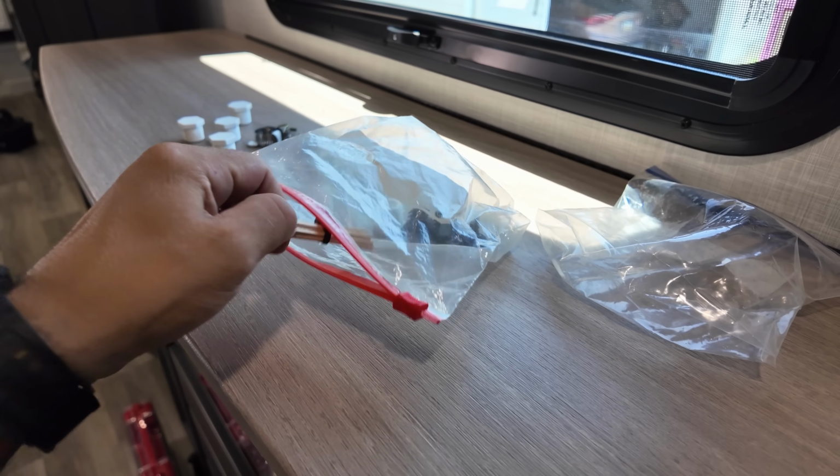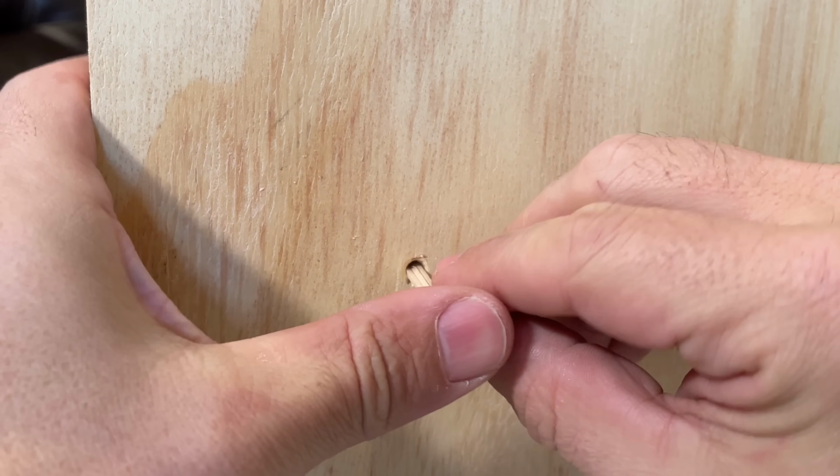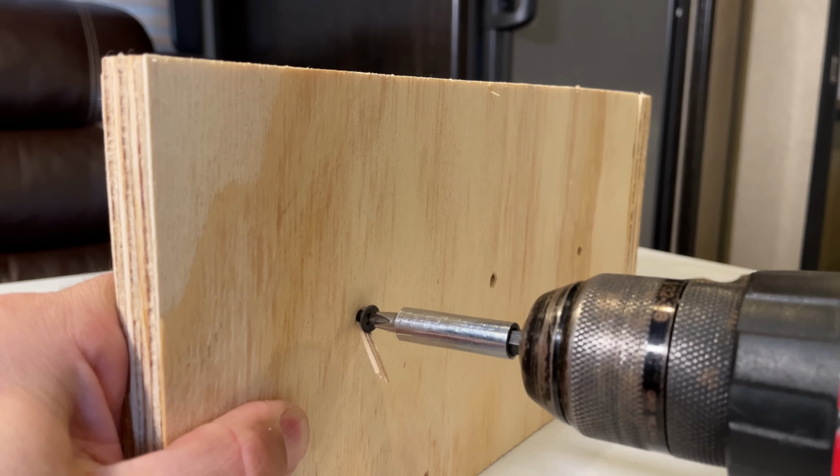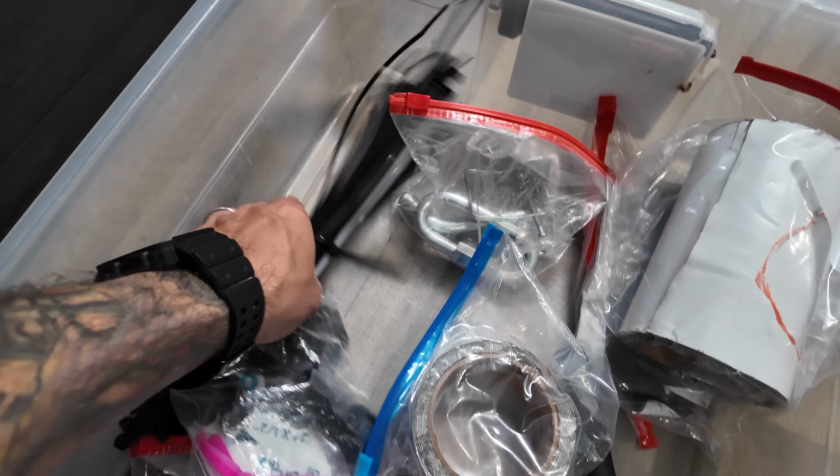Okay, toothpicks. These can be used if you have a stripped screw hole. You'll put these in the stripped hole, it'll make the hole smaller and give the screw something new to bite against. You can also use zip ties for larger stripped screw holes, and I keep an additional stash of these